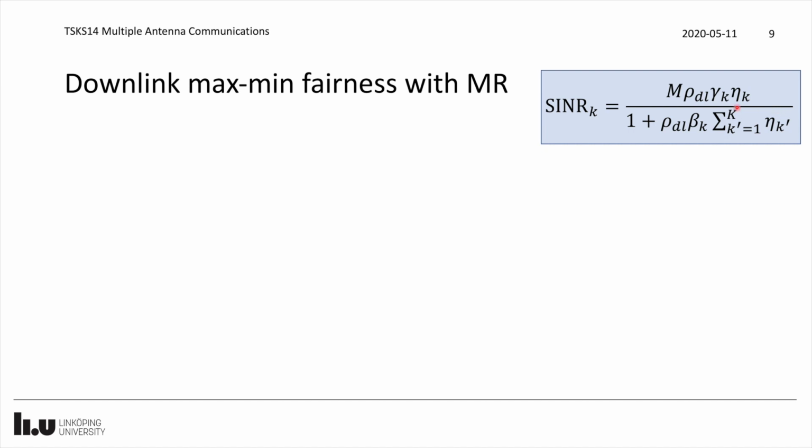Well, if this is a 1, if we can expect that, what will remain is that we have an eta k here multiplied with a factor that is dependent on k. And we would like this factor to be sort of cancelled out by the gamma k, so that it becomes the same thing for everyone. Everyone should have the same SINR. So what we do is that we